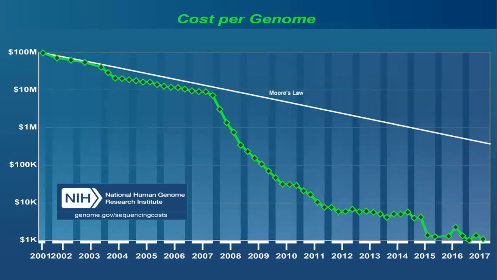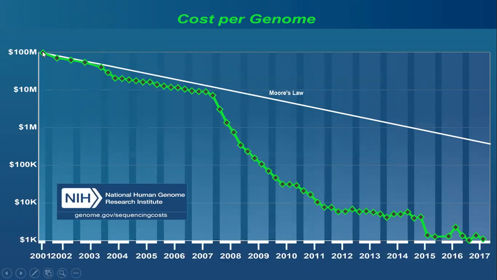But meanwhile, there has been a revolution in genomic sequencing. This is a graph maintained by the National Human Genome Research Institute. It's based on their support of genome centers, and through that, they have a window on how much it costs to sequence a genome. This began in 2001, right around the time the human genome sequence was being completed. Notice the y-axis is logarithmic. At that time it cost about $100 million to sequence a genome. The first collective completion of the human genome sequence was thought to be somewhere around $1 billion.